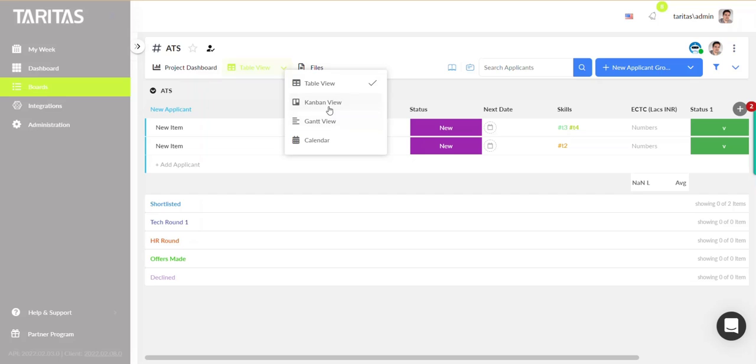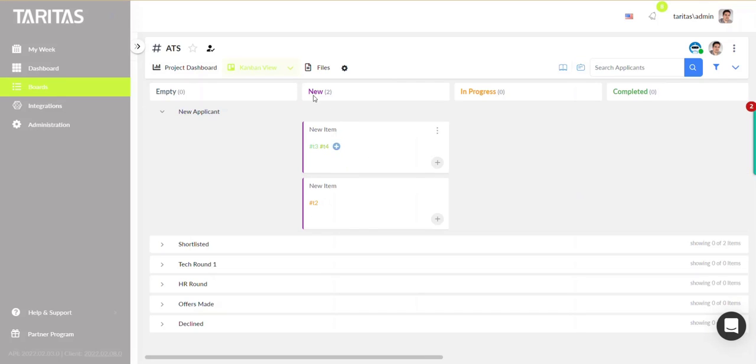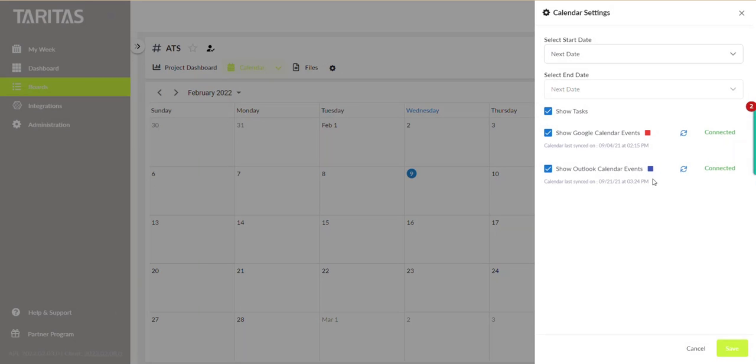There are certain other views that you can use, and this is your choice which view you want to use on which project. So I'm using table view here, but your choice. You can go ahead and start using Kanban view if you prefer that. We also have Gantt view. We also have calendar view. Then of course in the calendar view you can also sync it with Google calendars and Outlook calendars, Microsoft calendars,